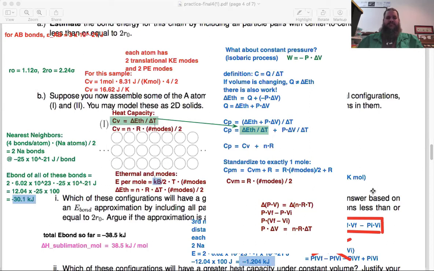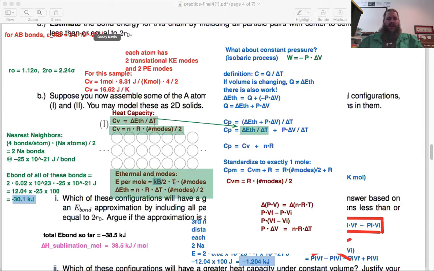How did you know that C_V,m equals R times number of modes over 2 again? That was ultimately just from the thermal energy formula. The thermal energy, starting with the idea of energy per mode being k_B over 2 times temperature and scaling